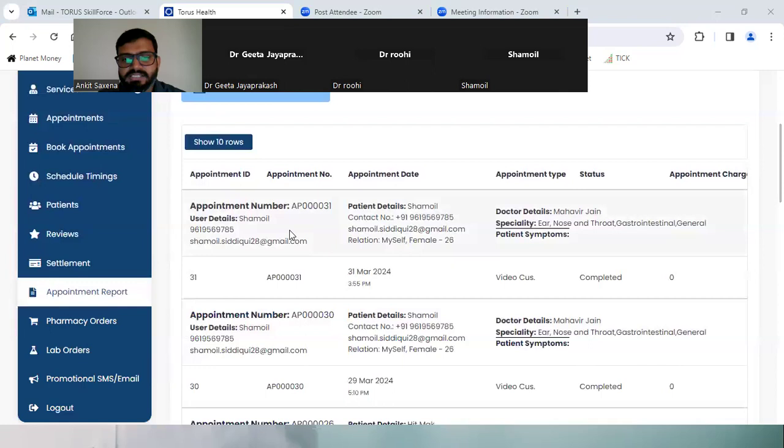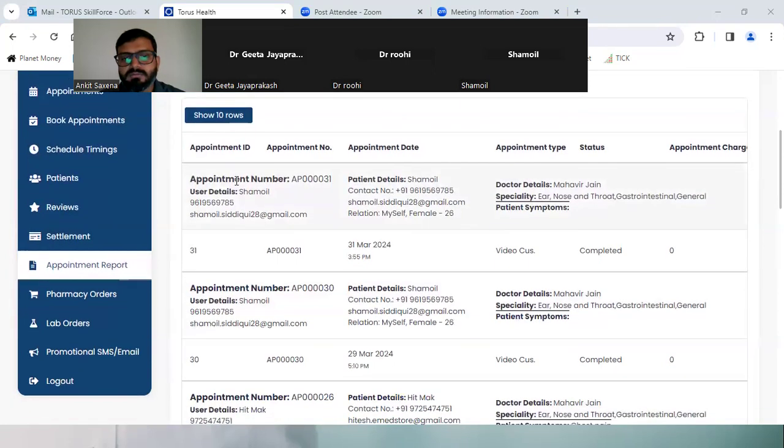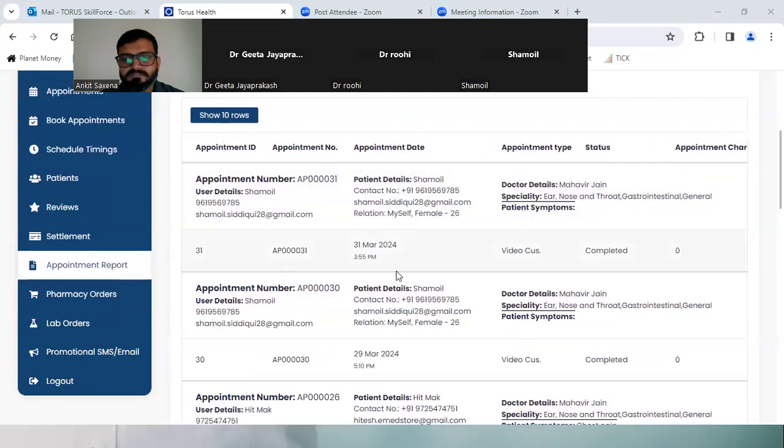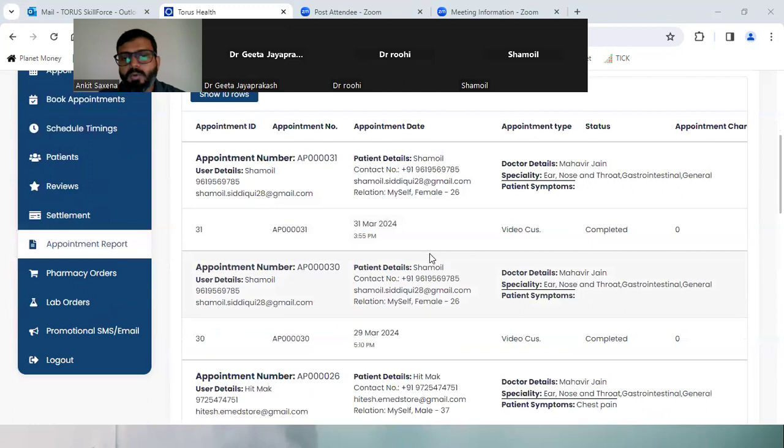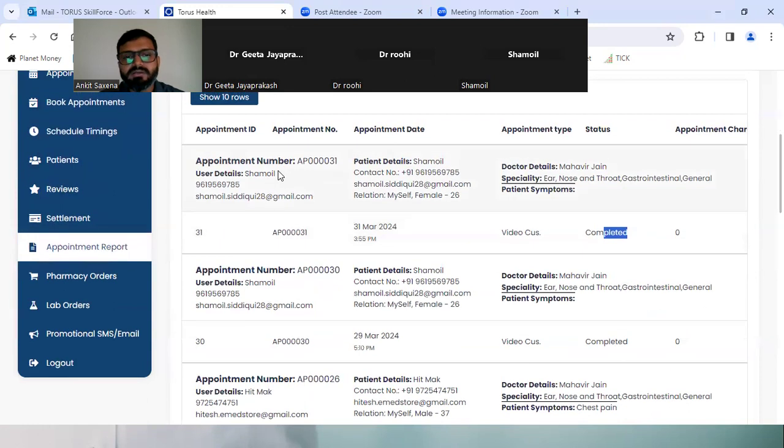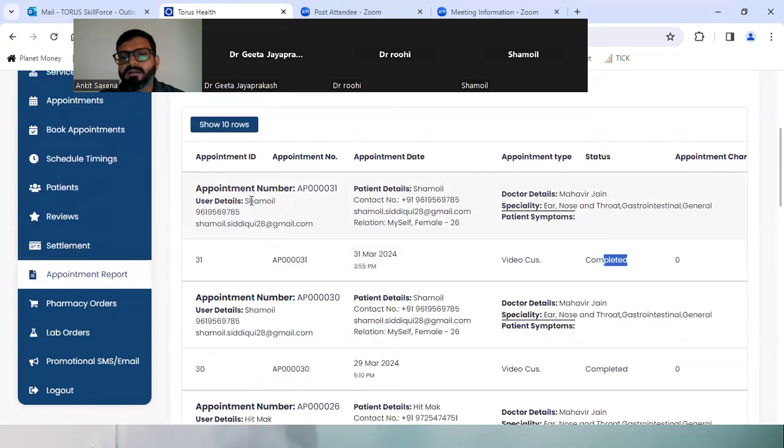Now these are the particular appointment ID, appointment number. So all the appointment reports are mentioned here. What type of consultation it was, so it was a video call, completed, right? Everything will be mentioned here in the appointment report page.